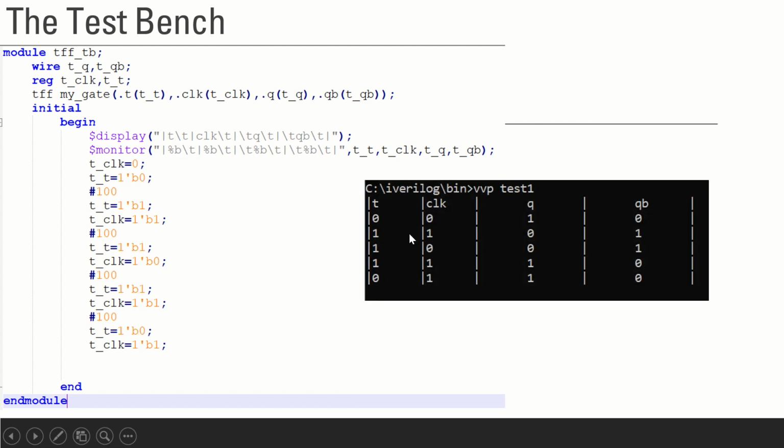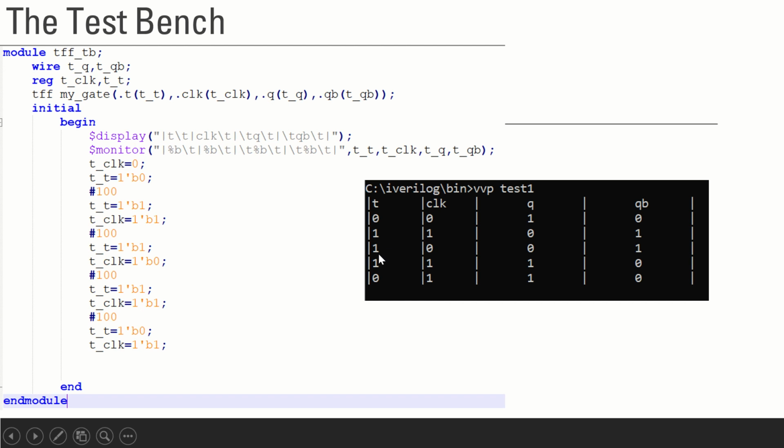That's it. So this output should be similar to what we have gotten in the previous state. Now we will understand if it is working fine. T is 0, clock is 0. When clock is 0, what will happen? It will retain the previous state. As per our code, the previous state is 1 and it is retained. 1 bar is 0. Now t is 1, clock is 1. Both are set. That means it is going to function. T is 1, so it has to be toggled. It got toggled right here, and you can see that q bar has become 1.